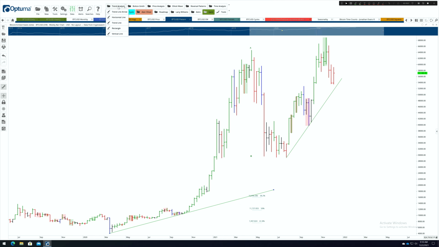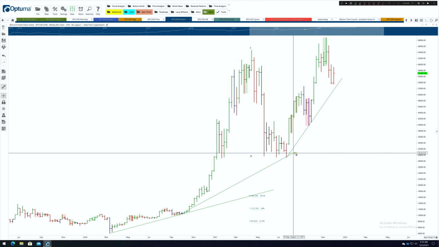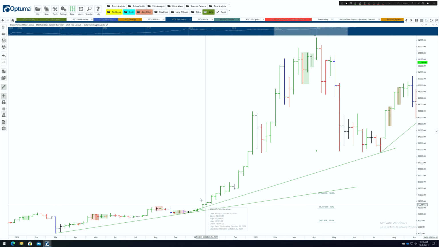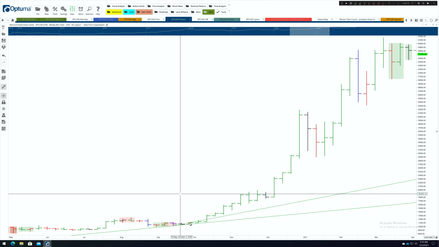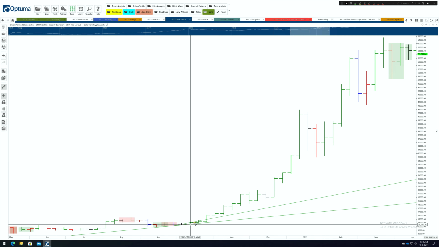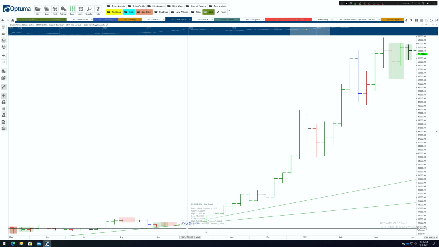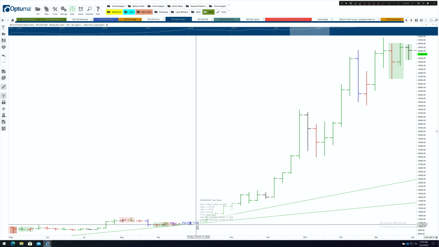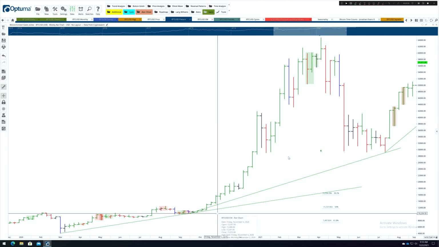So for example, if I take this low here, because this is the last low, which is the outside bar, and I try to bring it up to this low up here. If I zoom in and I do a price measure from this low down here and I go up, as you can see, we're at 7.2% below the trend line for these bars in here. So we're below the trend line by 7.2%, which would invalidate this steeper trend line.